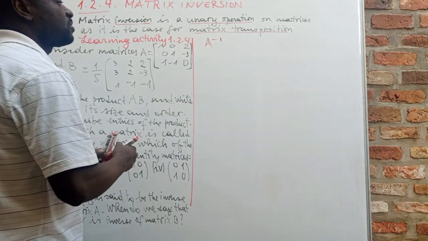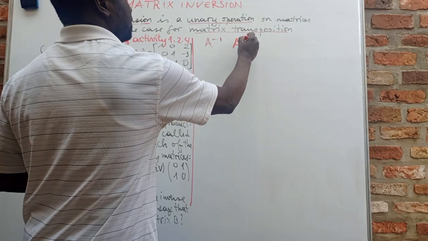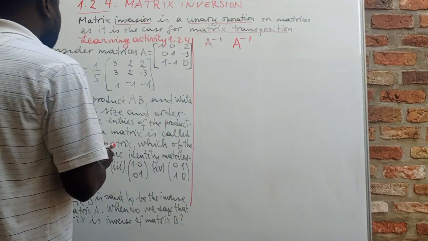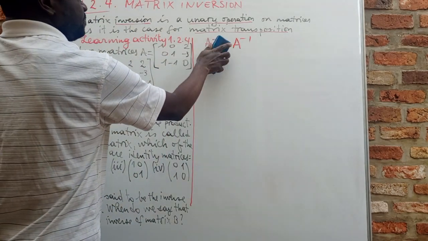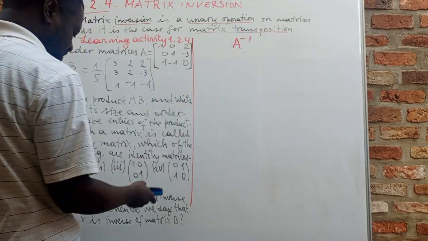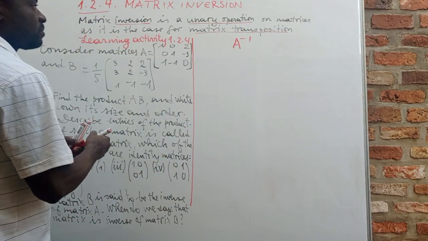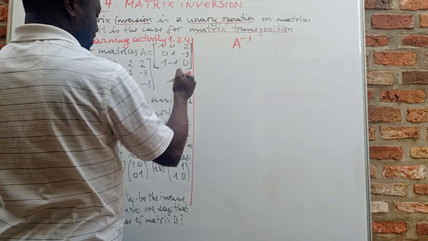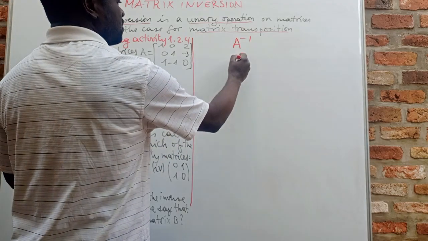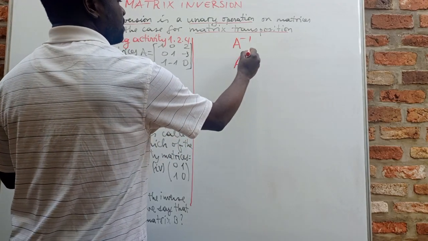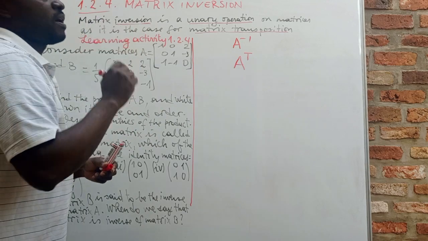It is most of the time written as A power -1. This is a unary operation, as is matrix transposition, because it is applied to only one matrix,